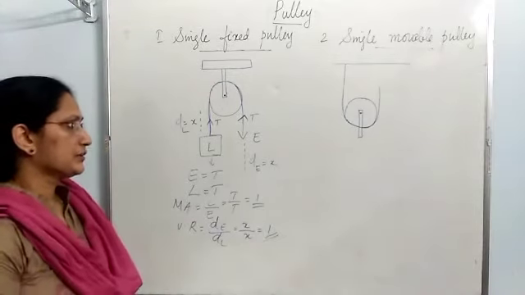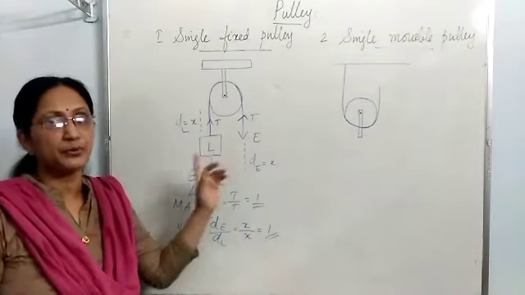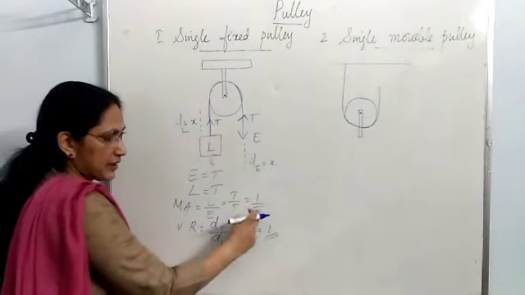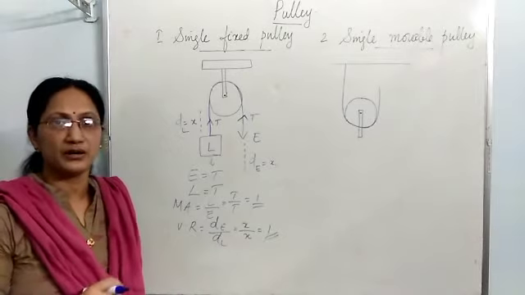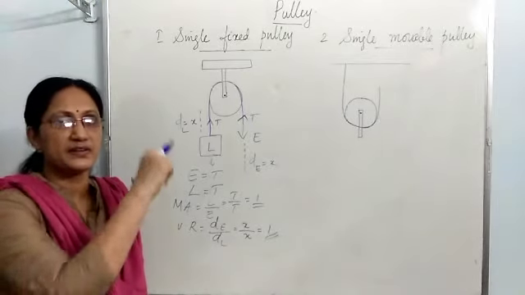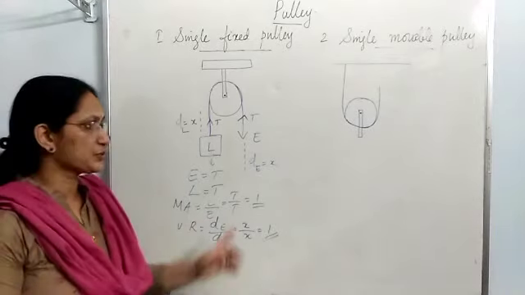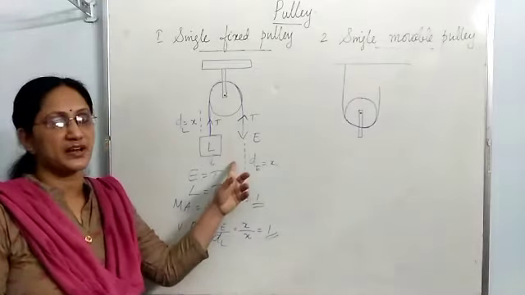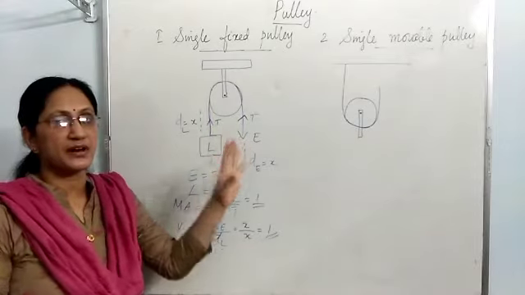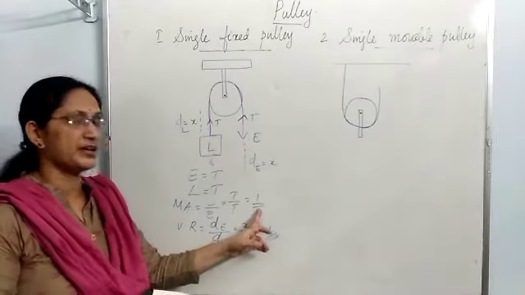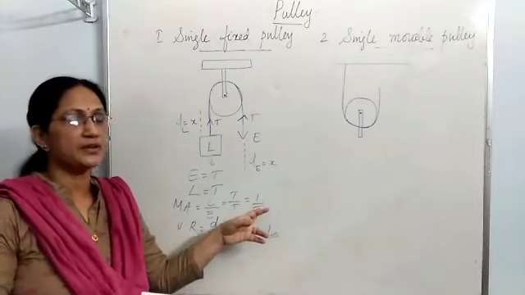Here we have considered this machine as an ideal machine. If you consider it as an ideal machine, its MA will be 1. In actual working condition, its MA will not be 1; it will be less than 1. This topic we discussed in the previous video, the difference between an ideal machine and an actual machine. So here we assume an ideal machine, meaning the friction and the weight of the rope segment are ignored. Then you get MA equal to 1. In actual working condition, MA will be less than 1.